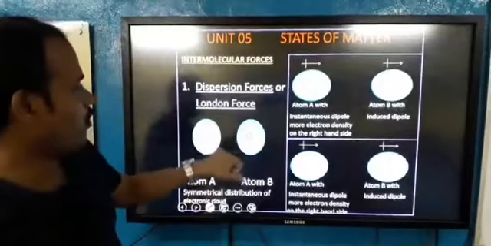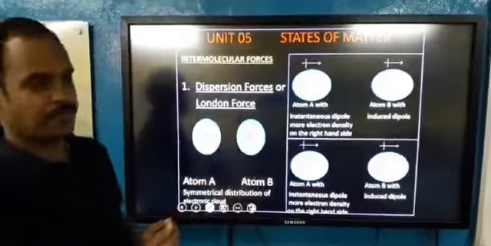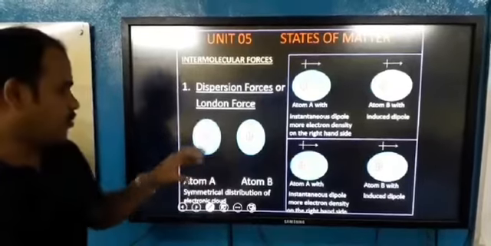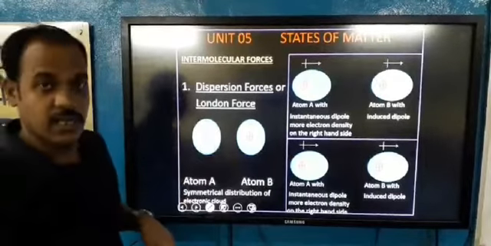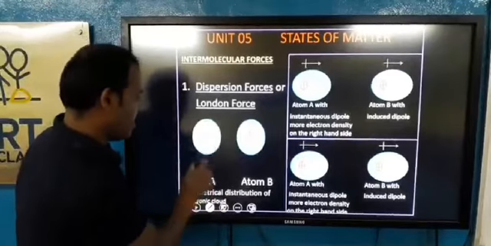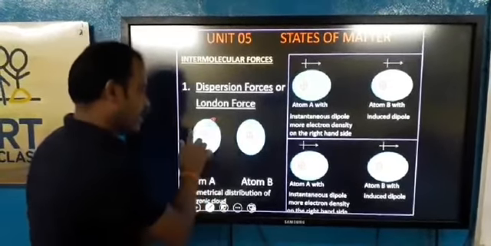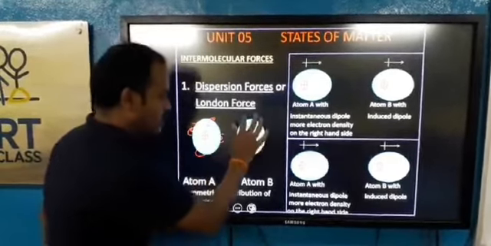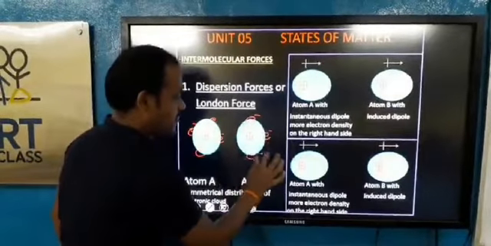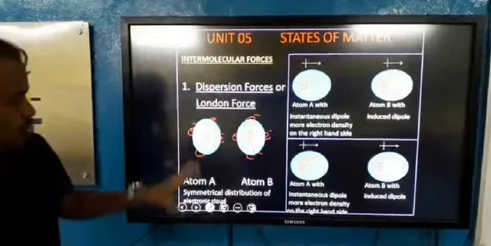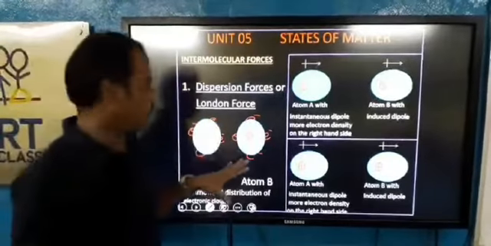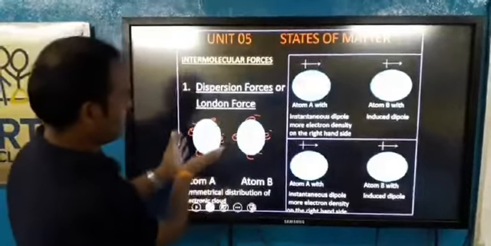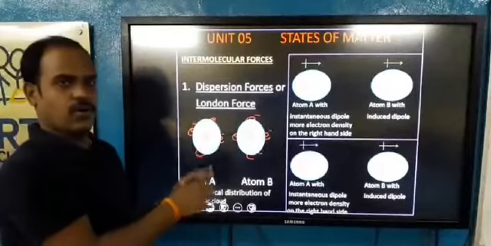So how are these two non-polar molecules bonded with each other? Here electrons, as you know, are moving in an orbit in the extranuclear portion of the nucleus. Here you can see one time the electron is present here, second time the electron is present here, third time here, fourth time here. In case of symmetrical molecules, this one is symmetrical because the electrons are at maximum distance and the distribution of the electronic cloud is similar in all directions.